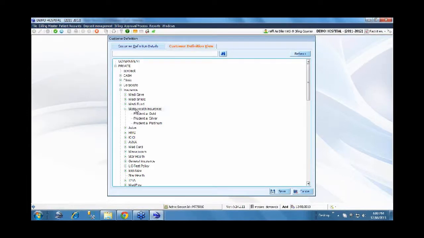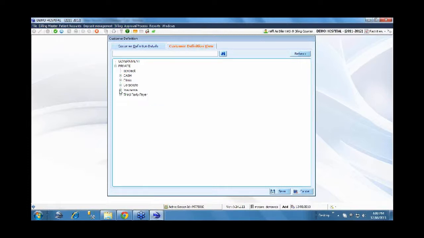So now, as we said, we'll start with a contract definition or customer definition, wherein the various payers who are associated with this particular hospital can be defined using this particular screen. As you can see here, it's a tree. It's more of a hierarchy. So the way we capture the customers in the system is in the form of hierarchy. So there are various levels.